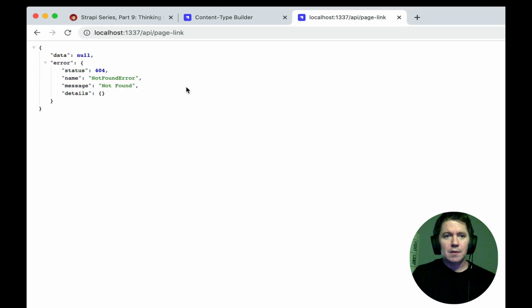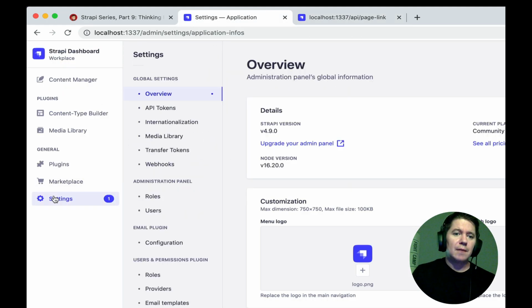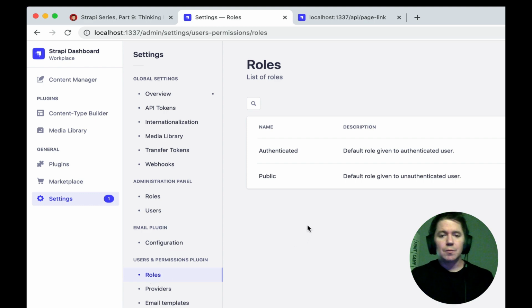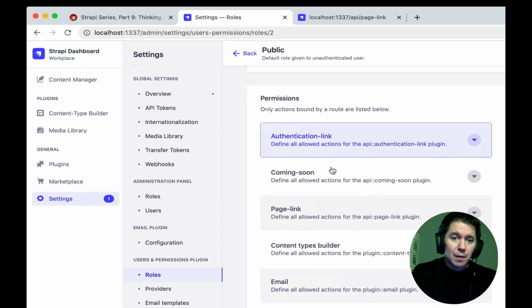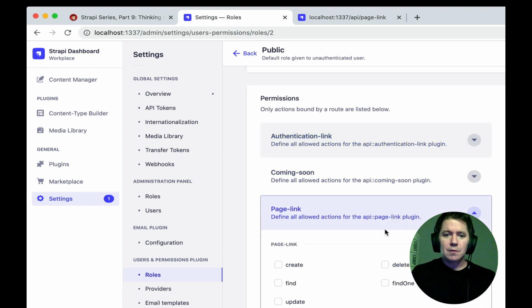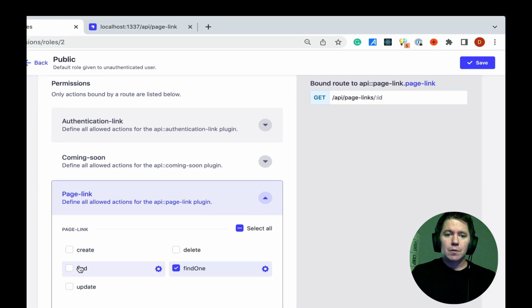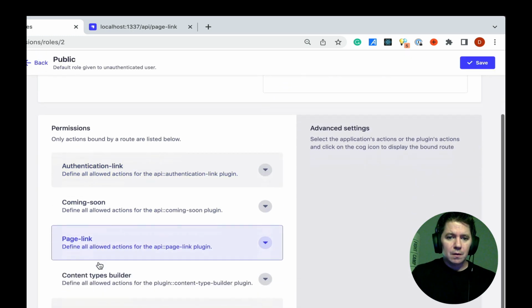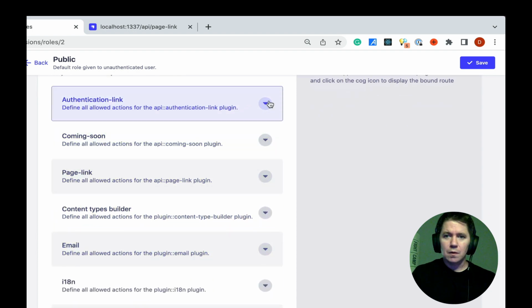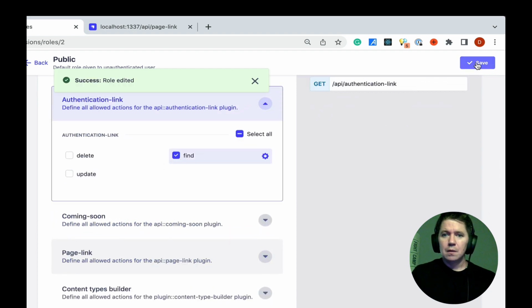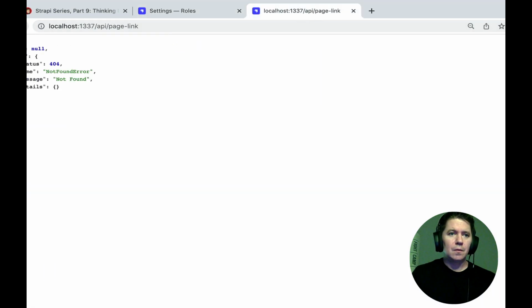The reason why is everything that you create in Strapi, you then have to give permissions for it to be accessible. It's not by default. So we're going to go to the public area of permissions, and then we're going to go to page link, and we want it to be able to find one, but we also want it to be able to find them all. You can see your routes here for those. Cool. I'm going to save this. And then we also want to do the same thing for authentication link. And we're going to save that as well. And then now if we go back here,